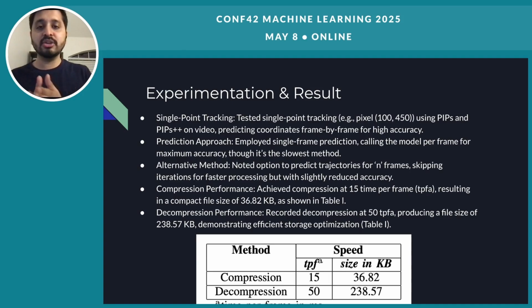The reason is we are doing the prediction per frame, but we could also do the prediction per 8 frames. Let's say we have 64 frames in a video, we can do it in 8 iterations by predicting each 8 frames and storing it. But what happened was the loss was more when we tried eight frames. The prediction was dropping, and the data loss was increasing. We had to use a single frame at a time so that the accuracy is really good and the loss is less, so that we can save a lot of data, reduce the data losses, and benchmark it against the existing traditional algorithm methods.